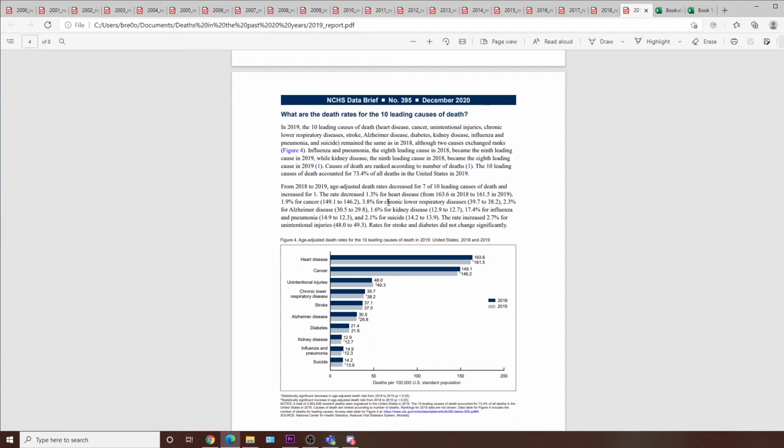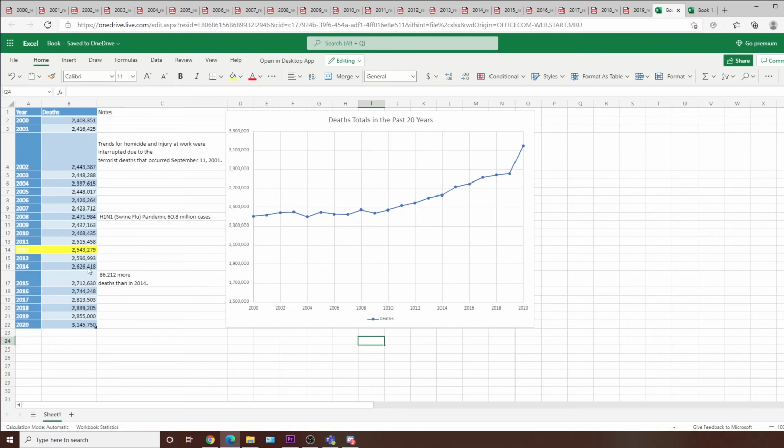It does fluctuate with other things, but I just wanted to point this out due to the whole 2020 pandemic and people seeing that people who have died due to the coronavirus usually have these. So I just want to point out that these things are common, and it's been a common thing for easily the past 10 years. So as you can see in my graph, in the year 2000 we had 2.4 million